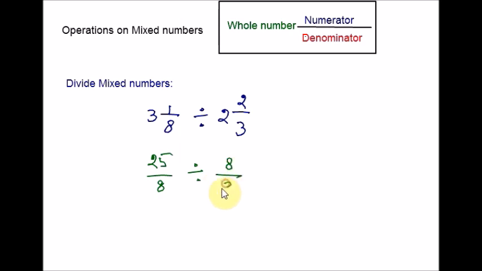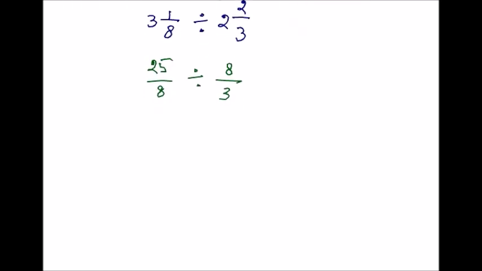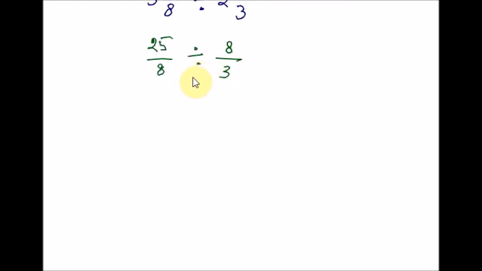Okay. Now we are going to do fractional division. Generally, we used to convert this fractional division into fractional multiplication by just flipping the second fraction. So we would get,